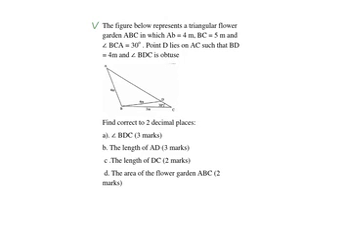Question number 22. The figure below represents a triangular flower garden ABC, in which AB is 4 meters, BC is equal to 5 meters, and angle BCA is equal to 30 degrees. Point D lies on AC such that BD is equal to 4 meters and angle BDC is obtuse. We are told to find, correct to 2 decimal places: